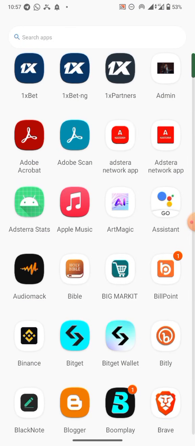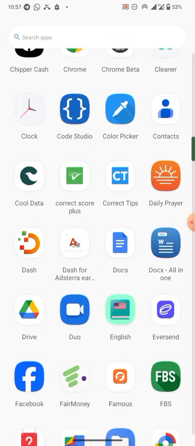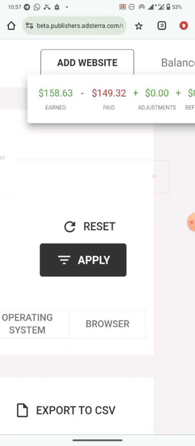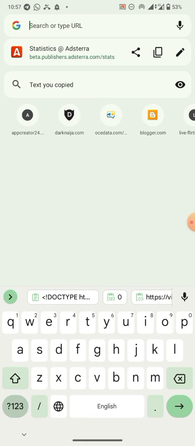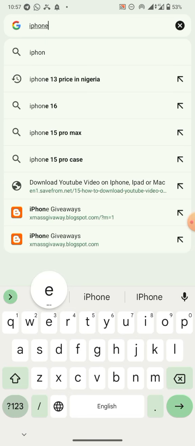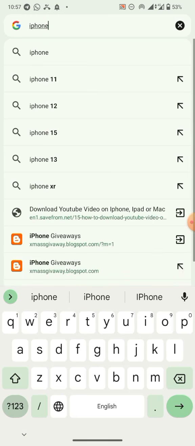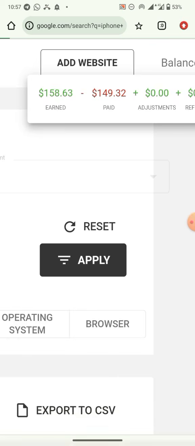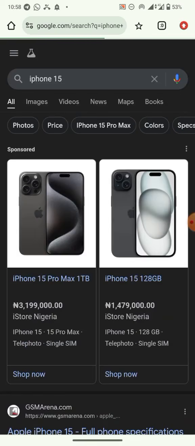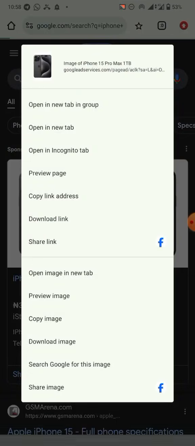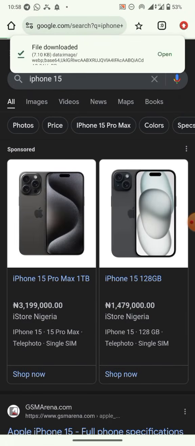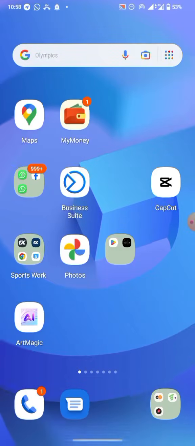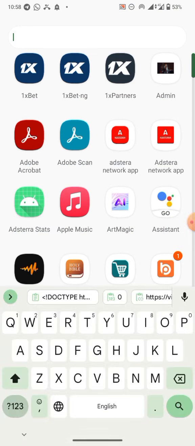Once you download the image, let's go straight to Google and get an image. Let's say iPhone 15. You see it? Then we're going to download this particular one. And after we're done downloading it, then you go to Play Store